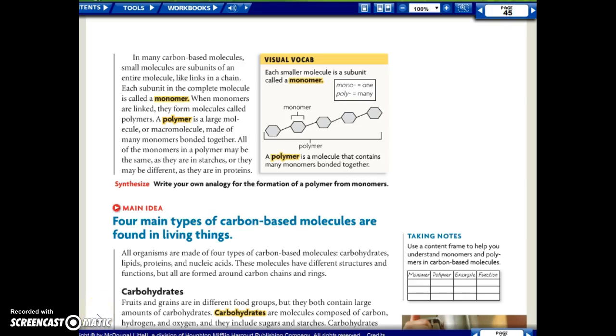Welcome. We're in chapter 2 now. We're going to be focusing on macromolecules. Macromolecules are molecules used by living things that are carbon-based. We spoke previously